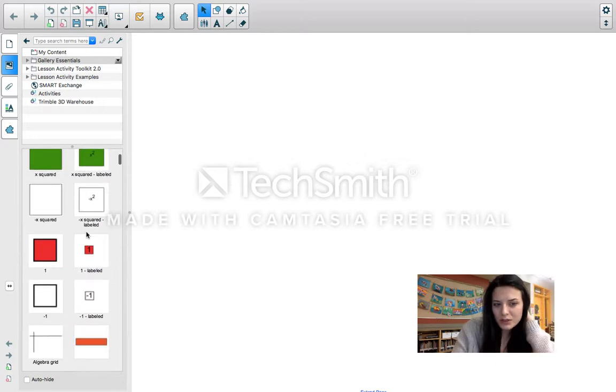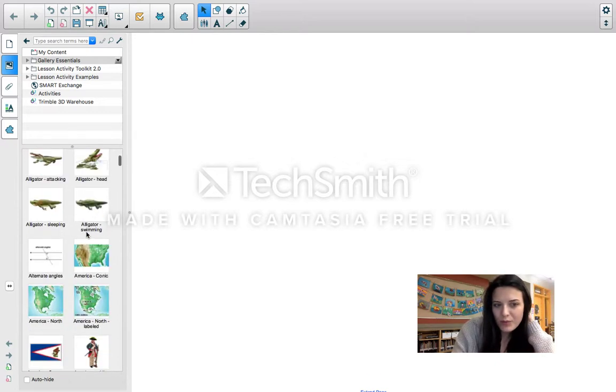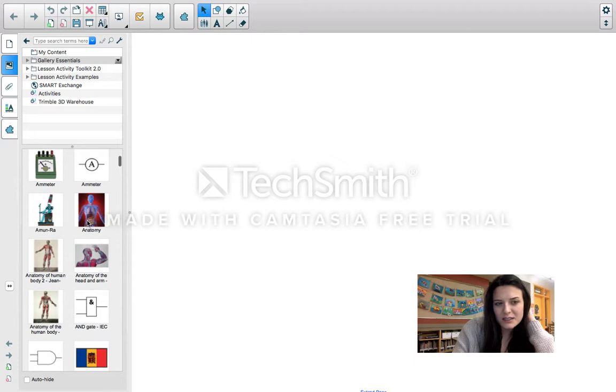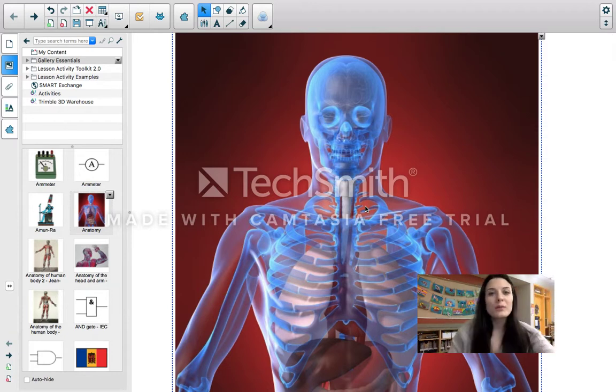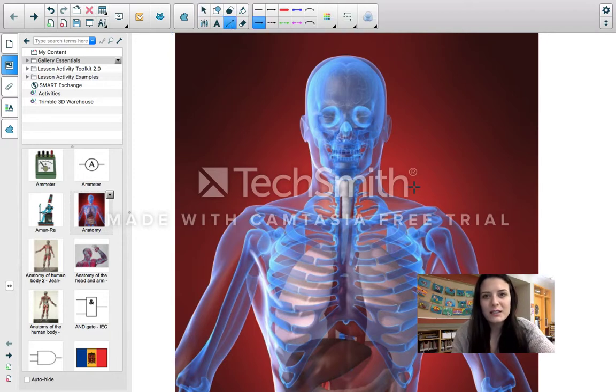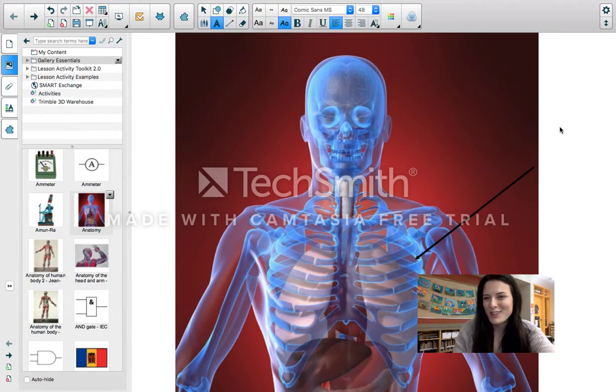I'm going to choose a photo that will be easy to edit. So let's go with anatomy. I'm going to drag this over, and perhaps you would like to do a labeling activity with your class. I'm going to access those tools at the top menu, so I'll probably choose lines. I'd like to draw an arrow pointing towards over here, and I would like to label using the text box because I'm not very confident with my printing